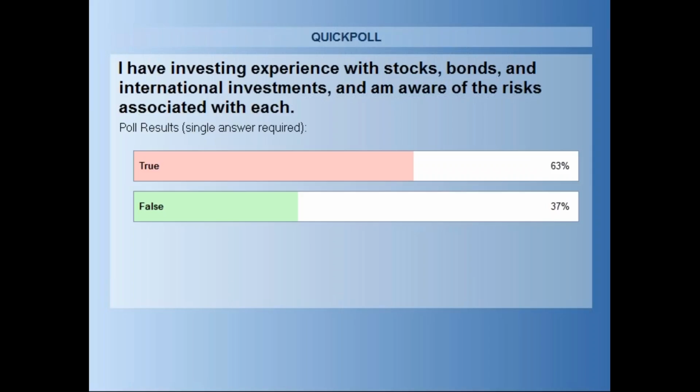All right, so 63% true, 37% false. So a couple things to think about here. One, I have over a decade of experience in investing and also a mix here of managing client capital in discretionary portfolios, but also in capital markets research and forecasting asset class returns. And I would say that I'm still learning of all the risks associated with all of these and how the market dynamics continue to evolve in the years of my experience.